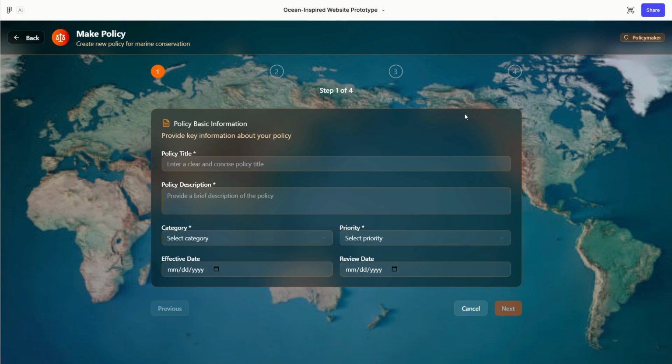Finally, they can make a policy, draft new policies, and base their policies on real-time data, historical trends, and predictive models. For example, if the data shows increasing coral bleaching, policymakers can immediately propose stricter regulations on coastal pollution and fishing. For example, in the platform, a consistent rise in sea surface temperature linked to stronger cyclones might lead to a disaster. So, for example, if a policymaker has to make a policy on, say, climate action,